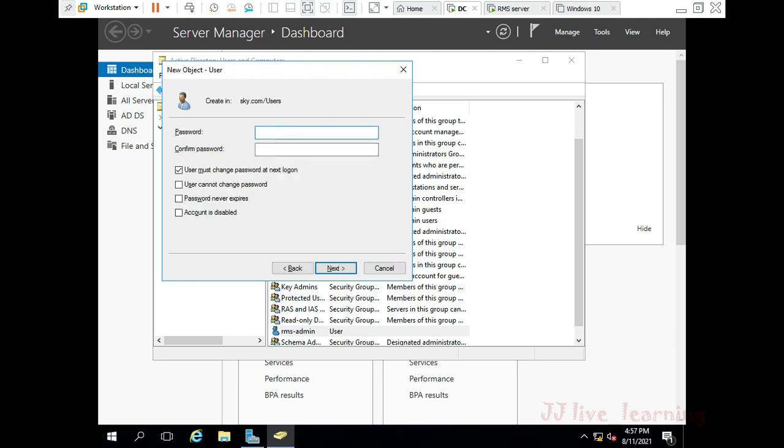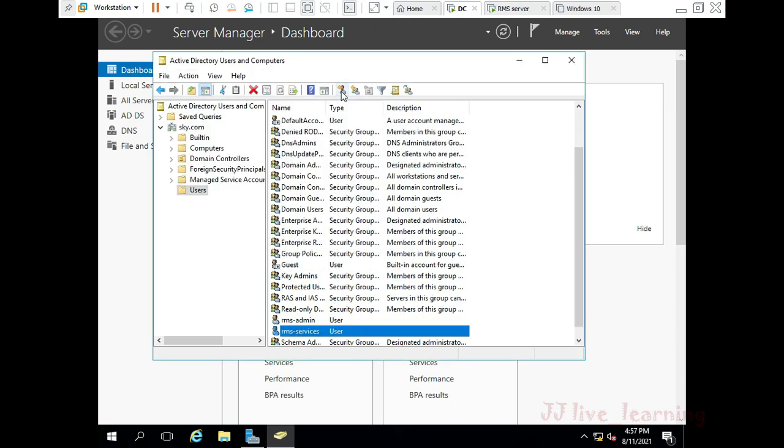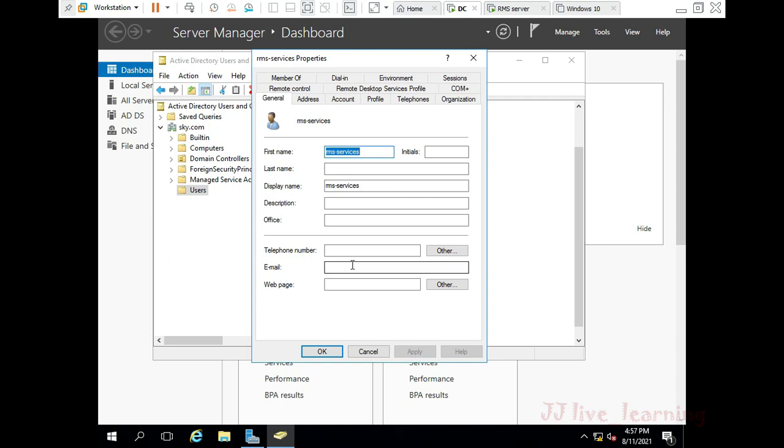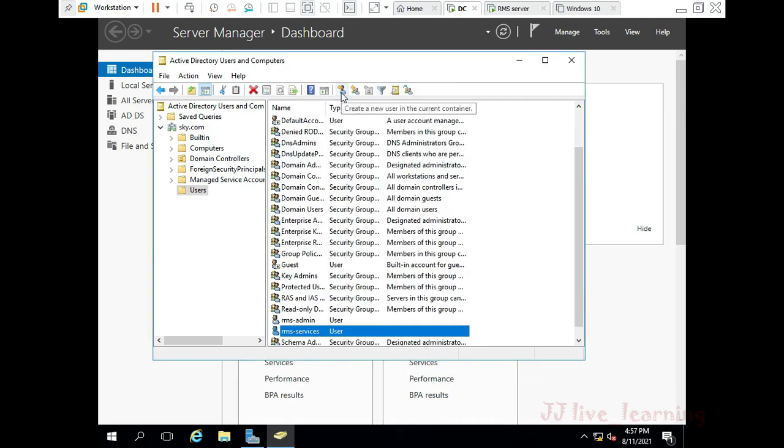This user helps with the backend verification of your end users. So rms-service is the user which helps with the cross verification of the end user of your protected document. So we have to add the mail ID for that user account also.